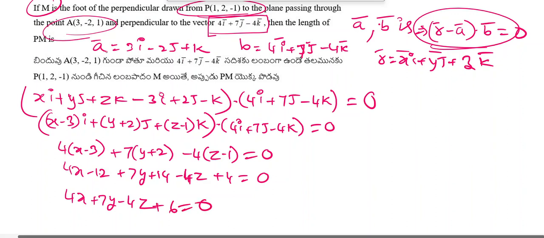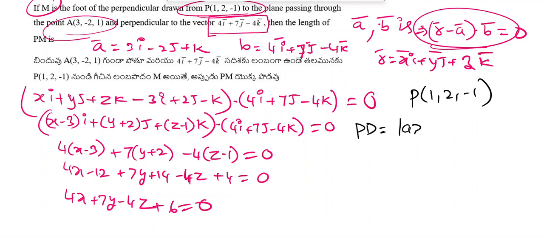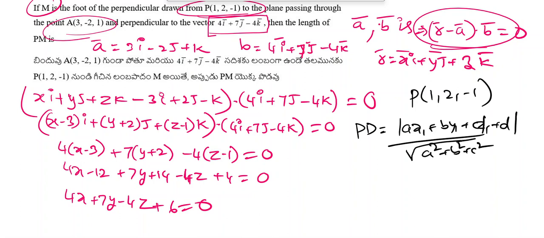Now we find the perpendicular distance from the point. So the perpendicular distance from the given point P, that is (1, 2, minus 1). Perpendicular distance PD is equal to, we know the formula, that is modulus of (ax1 plus by1 plus cz1 plus d) by root over a square plus b square plus c square. This is the formula. So applying this formula, substituting the point P in this given equation,